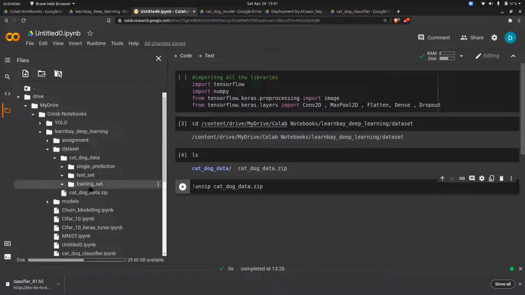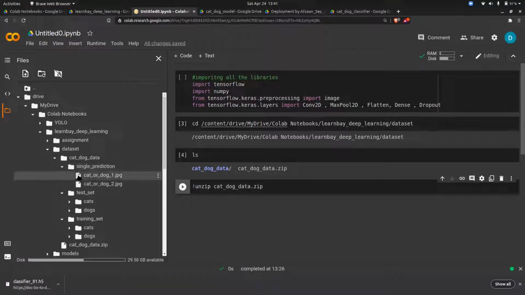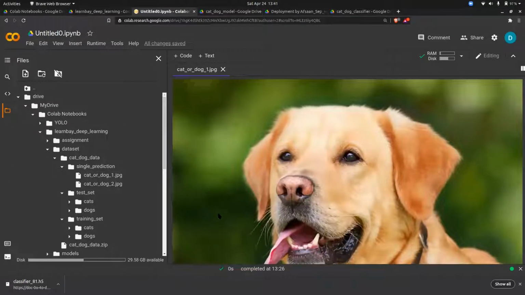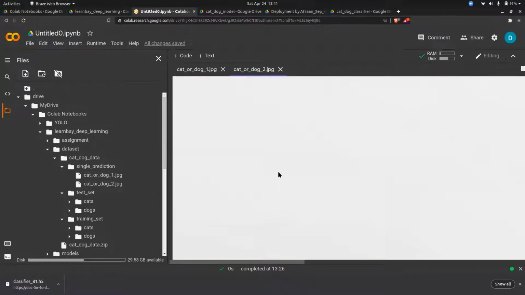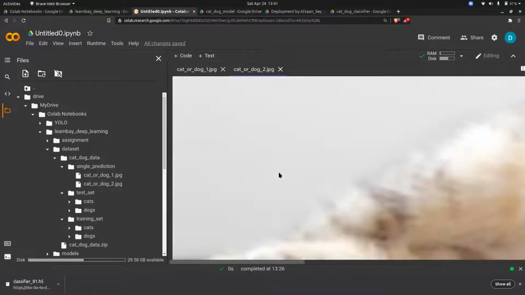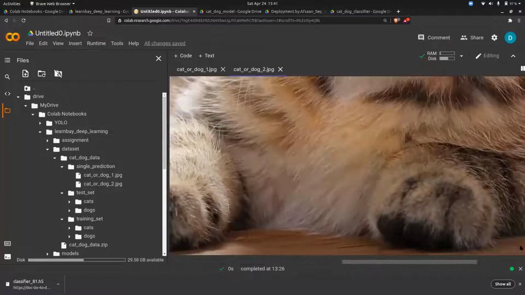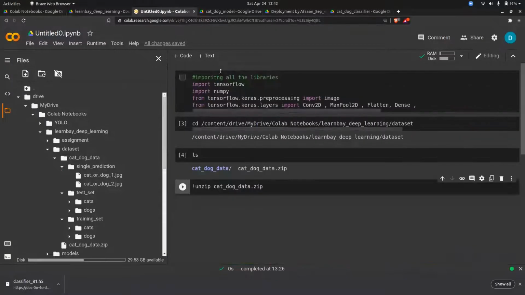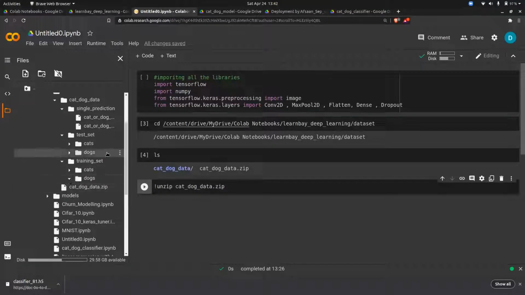So what I will do is, you connect your GPU runtime. See, inside the cat folder you have cat images. Double click on that, and the image will open on the left hand side. This is a dog image, and this is a cat image, if I'm not wrong. Yes, this is a cat image. You can see you don't see anything in the Google Drive. It's very weird, but the point I want to make is that you have to maintain the folder structure.